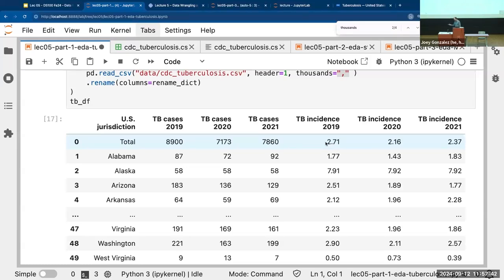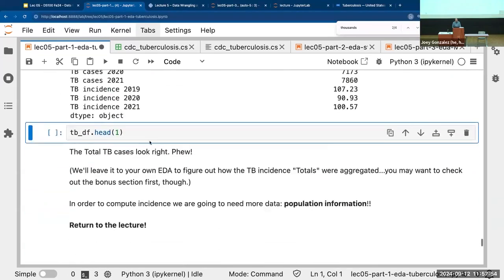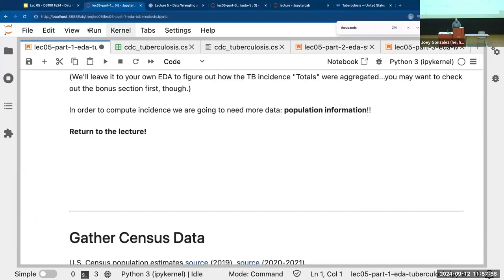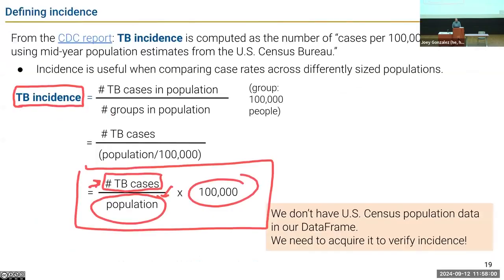I do in fact know that because at the end of this notebook, which we won't get to, you can actually try to work through these calculations as well. But when they mean total, they mean the aggregate for the population. So the aggregate TB incidence. Okay, so I was supposed to do this. Then I went back over here and said, all right, we want to finish this calculation. We have all this case information now. We're just missing the population.